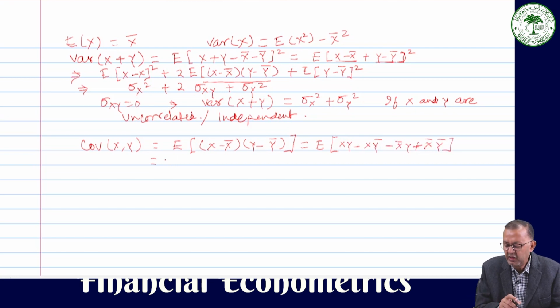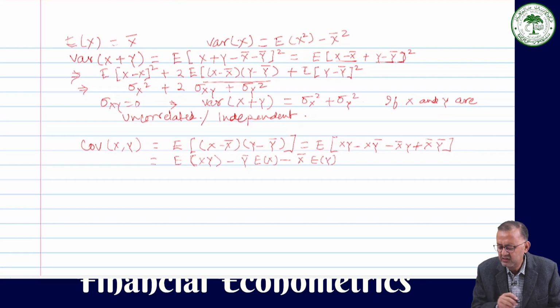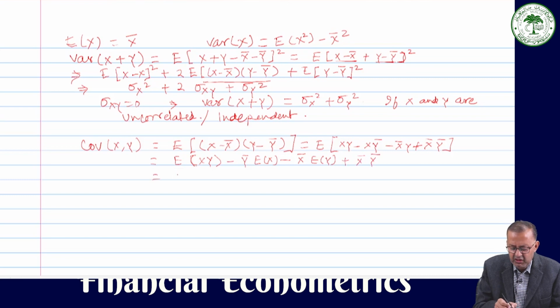So if you take the expectations, this is equal to the expected value of xy minus y bar times the expected value of x minus x bar times the expected value of y. Since the expectation of any constant is the constant itself, plus x bar y bar,